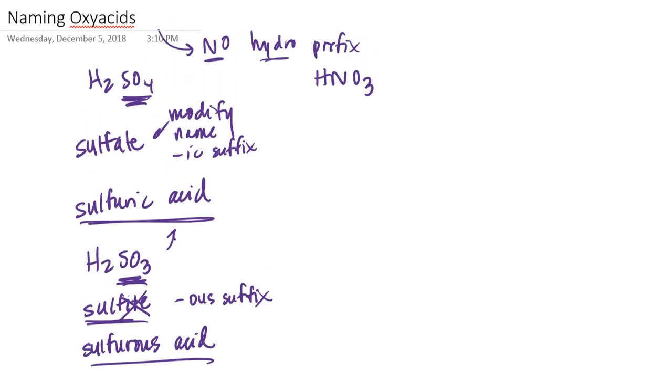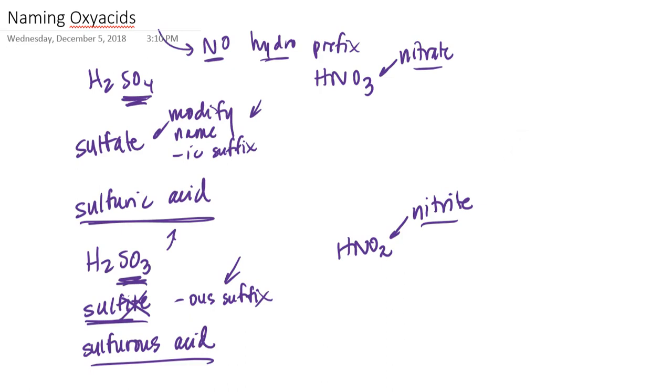Works the same for essentially the nitrate ion, and if you recall, there's also a similar oxyanion to nitrate that has one less oxygen that we call the nitrite ion. And so I'm going to follow this same model that I did in the sulfuric acid and sulfurous acid